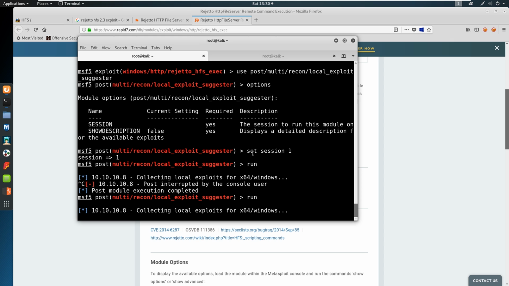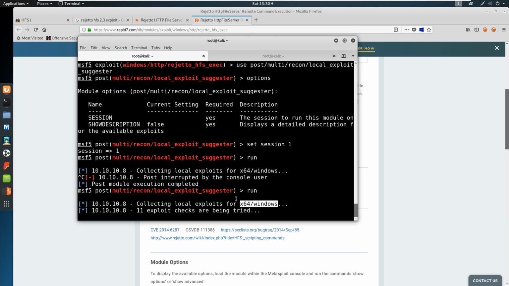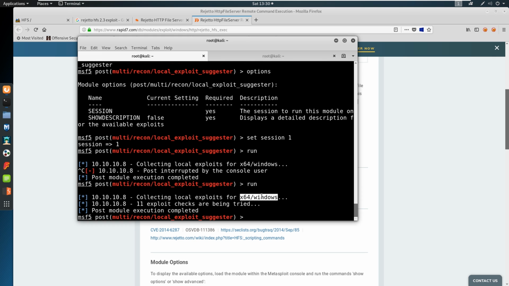Now, it should be noted that on 64-bit machines, it's not easy to gather local exploits from the exploit suggester. It's better for 32-bit machines. So you're going to see here that it's going to try some of these and none of them are coming through. Okay, that's not a big deal. So we're going to have to do manual